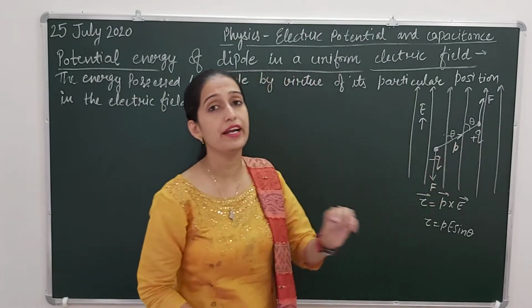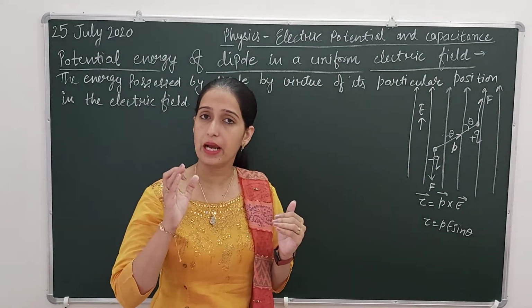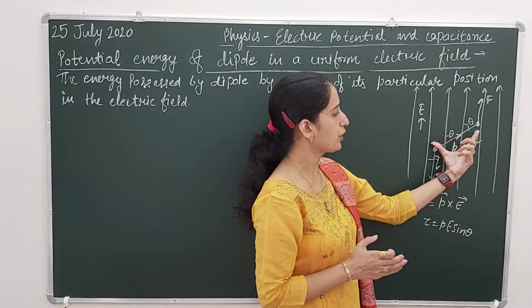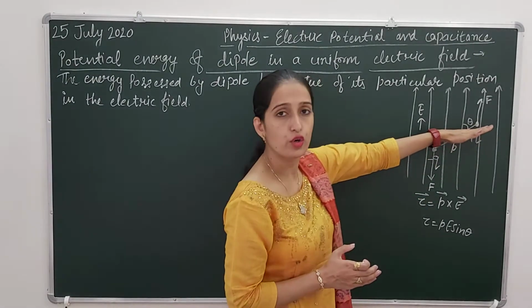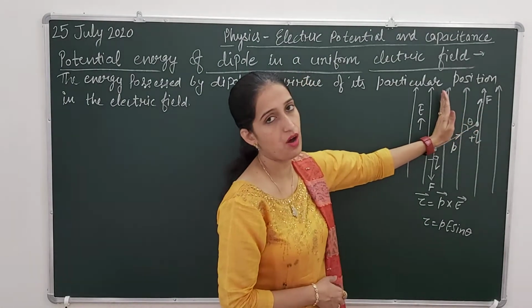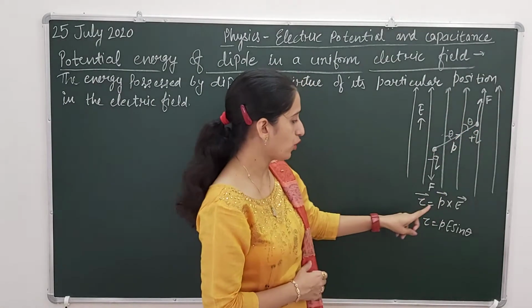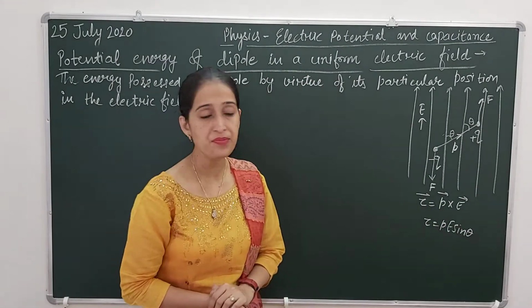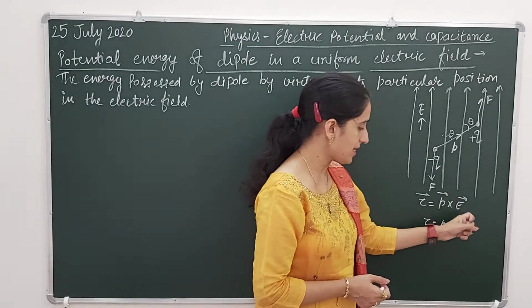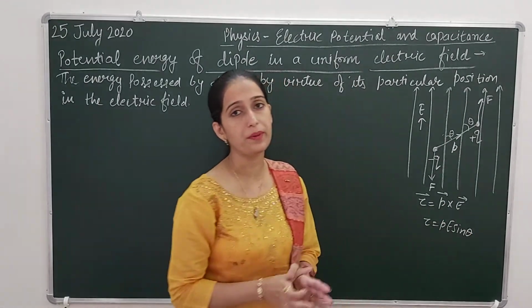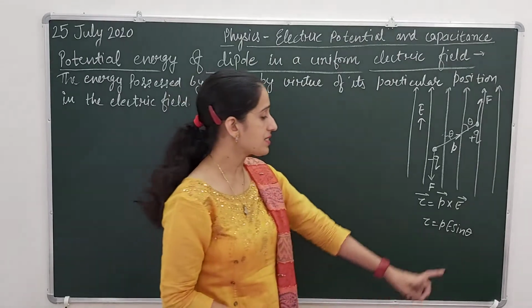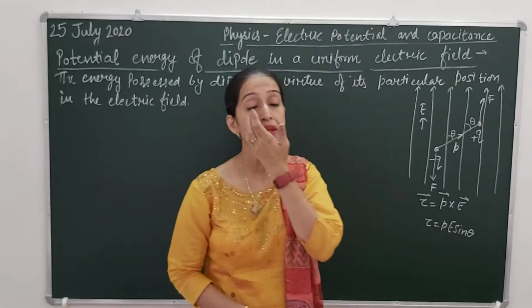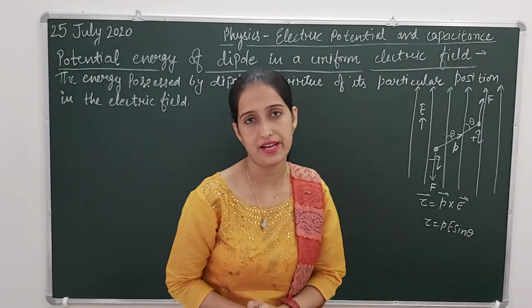These two equal and opposite forces acting on the dipole form a couple. Therefore, there is a torque which is going to rotate this dipole in the direction of the electric field. That torque is given by the cross product of the dipole moment and the electric field intensity. Torque tau equals p cross E, so tau equals pE sin theta, where theta is the angle between p and E, the direction of the dipole moment and the electric field intensity.